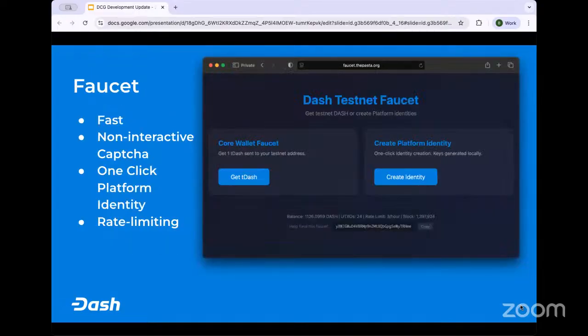So first, the faucet, obviously very simple. You can either get T-Dash or you can make a platform identity. The existing faucet was annoying me for quite some time, and I decided to just do something about it. So fast, non-interactive CAPTCHA, it just happens for you. Your computer does some proof of work, and that's basically the CAPTCHA. One-click platform identity creation, which is very cool, and proper rate limiting so that people don't steal all my test